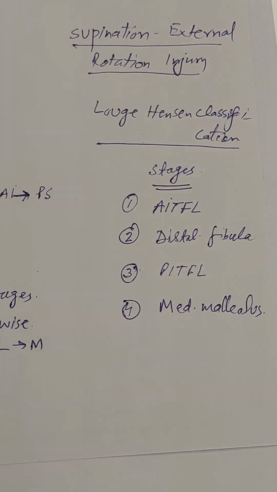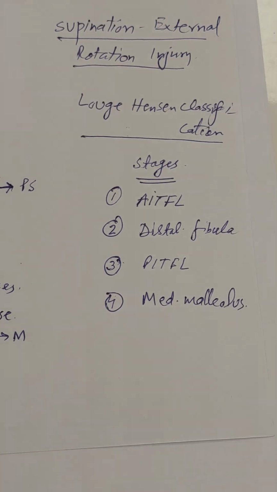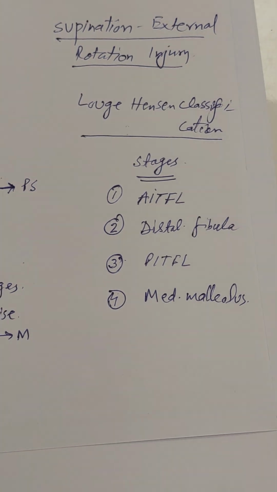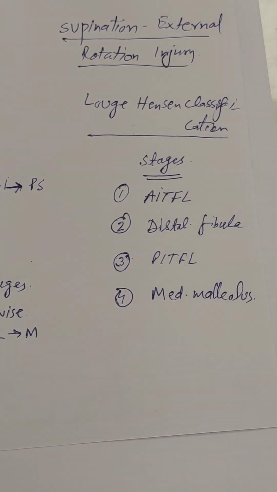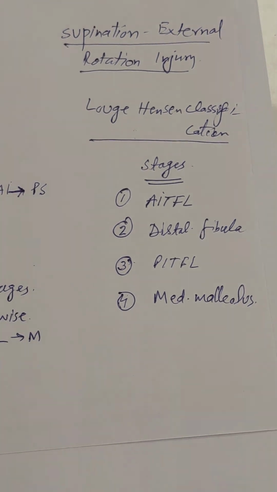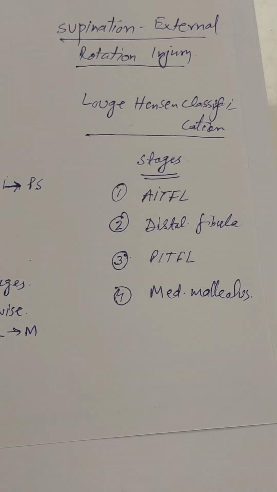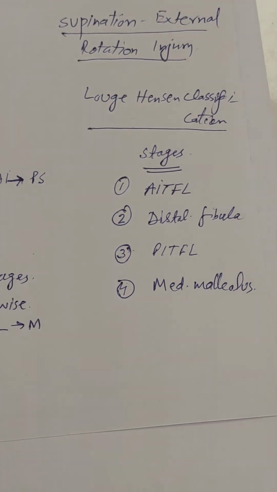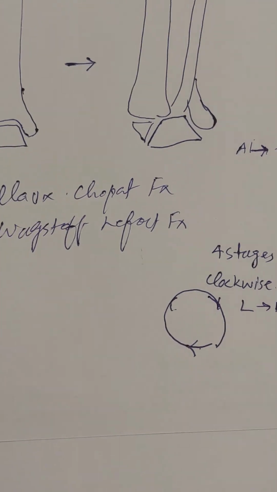I'm consultant orthopedic surgeon, and we are discussing the Lodge and Hansen classification system for the ankle injuries. In this video, we will discuss the second type of this classification, which is supination and external rotation type of injury. This describes that the foot is fixed in inversion or supination and external rotation force is applied on it that results in avulsions of the ligaments or tear of the ligaments and fractures around the ankle joint. And this type of injury has 4 stages,